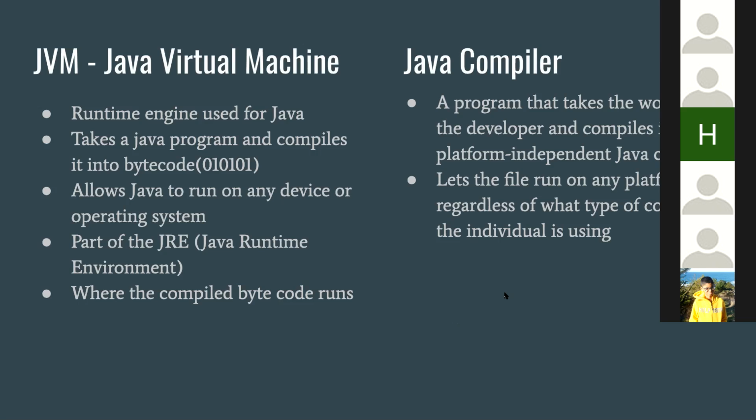Based on that, can anybody tell me why you think the Java compiler is so important when we're writing Java code? The Java compiler is what makes the computer understand what you're trying to tell it. If you write Java and just send it and make the computer do it, it won't understand what you're trying to do unless you have a compiler. Yeah, that's true. Anything else? There's one major reason why the Java compiler is really important. I think it's because it allows you to use it anywhere. Yes, that's true. That too. Any other ideas?